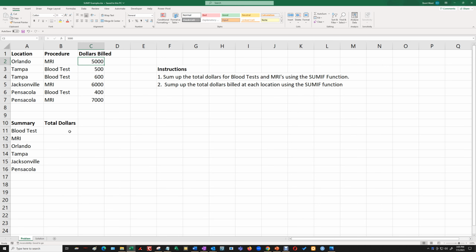What we want to do is get the total dollars, or the sum, of all the blood tests, the sum of all the MRI dollars, and the sum billed at each location. And to do that, we're going to be using the SUMIF function. So we go equal sign SUMIF, open parenthesis, and then the first thing we do is we have to highlight the procedure column